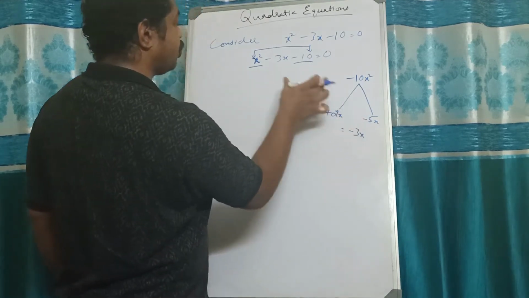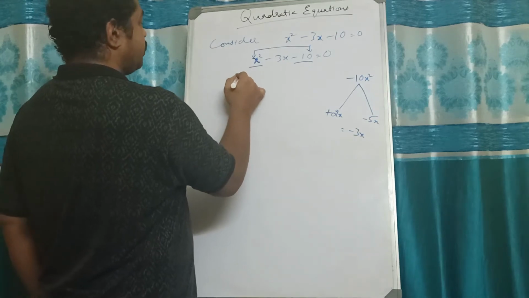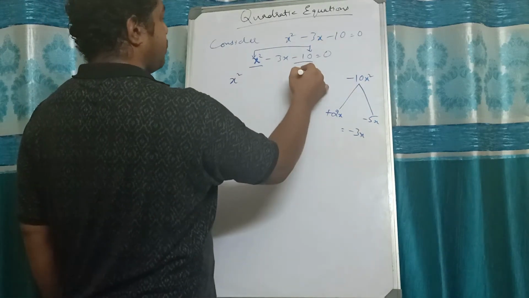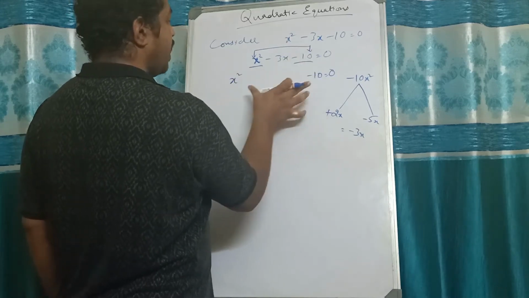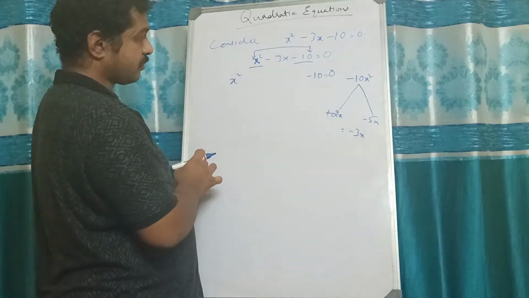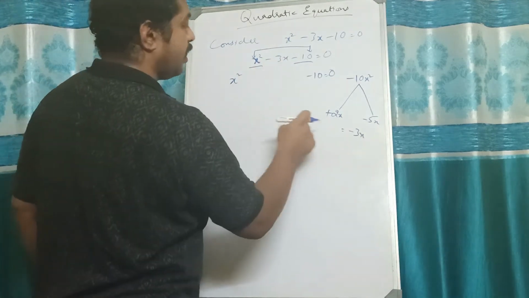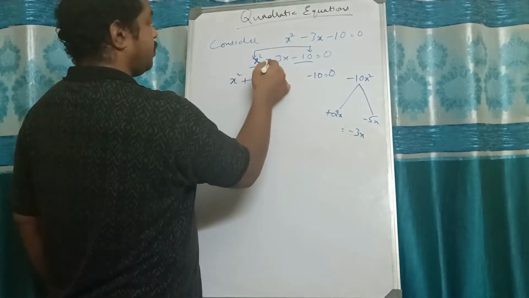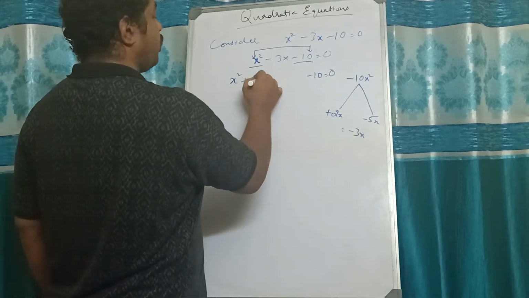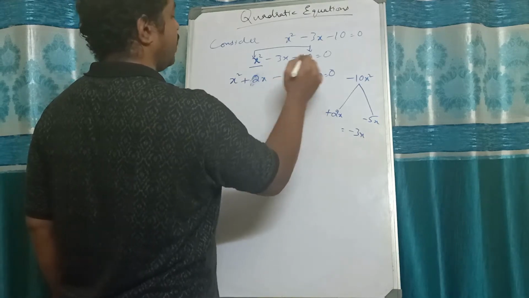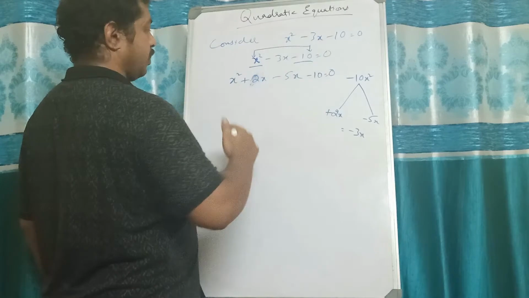So we need to take these two numbers and factorize this particular equation, okay? So x squared and then this minus 10 equal to 0. The first term and last term I will write as they are, and the middle term I am going to split this way. Minus 3 can be split as plus 2x and minus 5x like this. And then the first term and the last term are written as they are, equal to 0, okay?